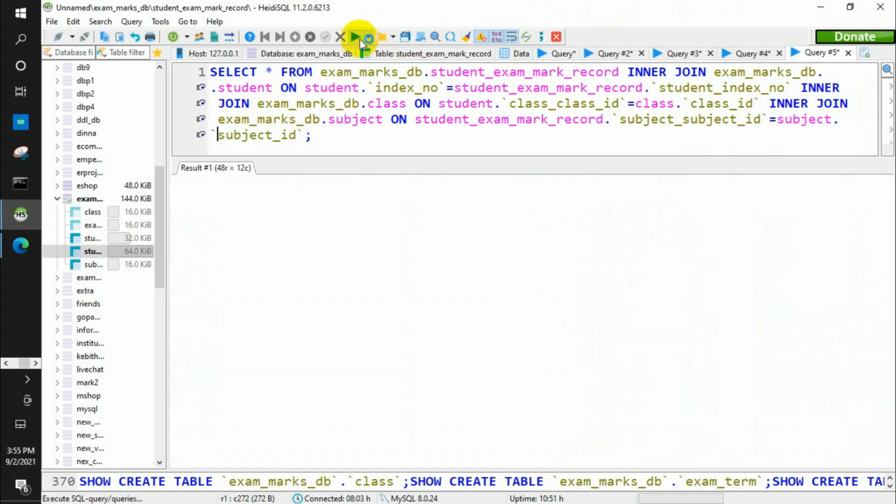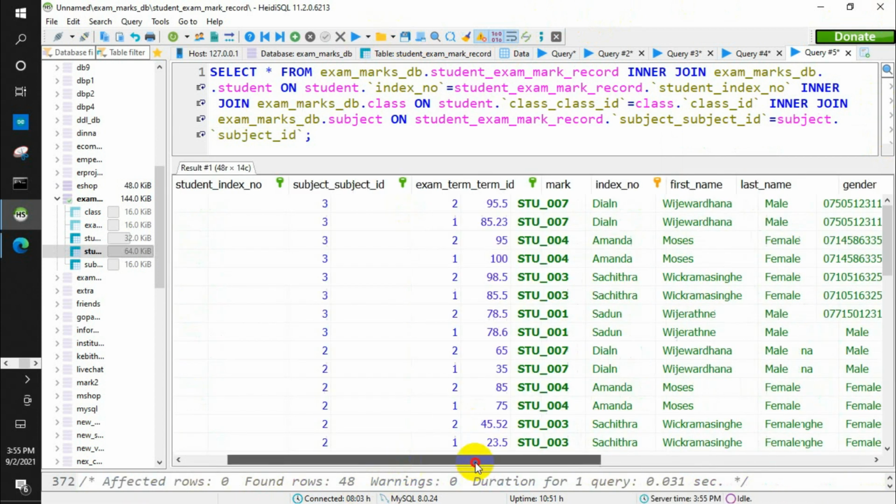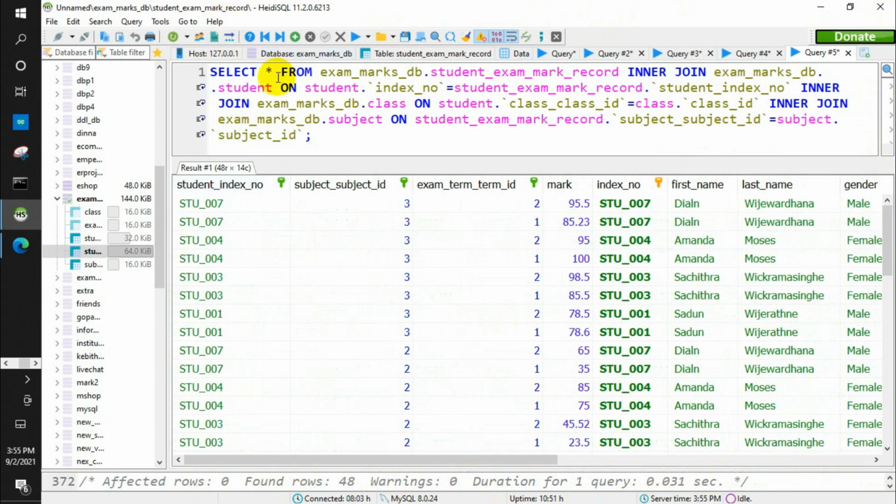Now once I run this query, we have also the subject table connected to it.